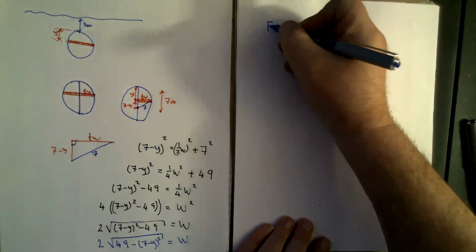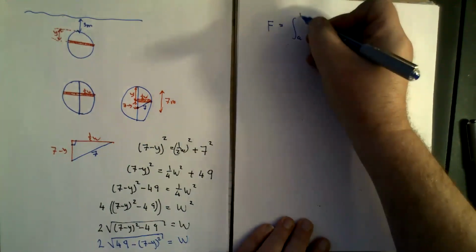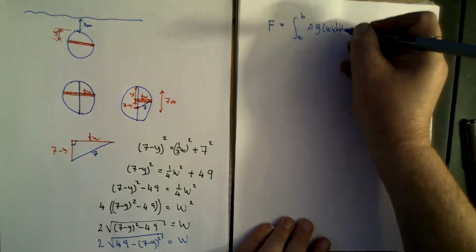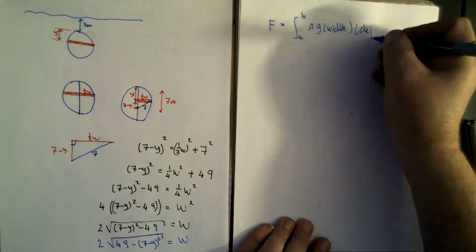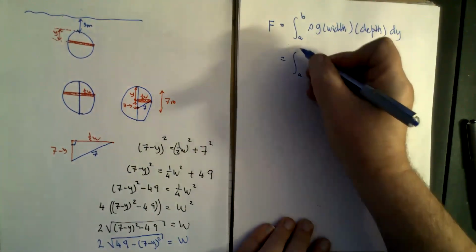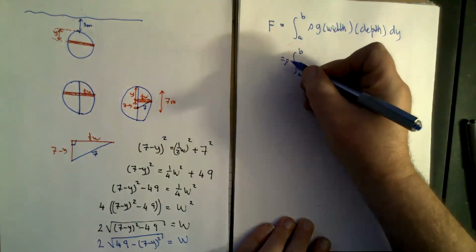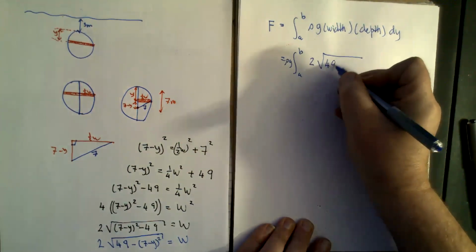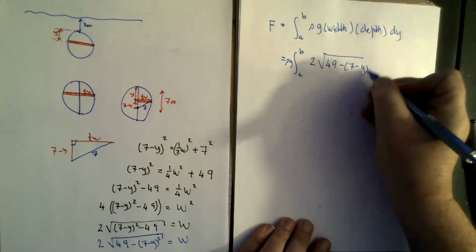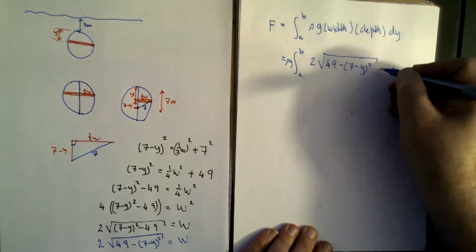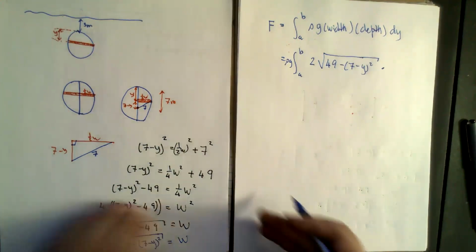So the hydrostatic force then is integral from A to B, rho times gravity times width times depth dy. I'll just keep this as A and B right now. And I'm going to pull out the rho and the g. The width is 2 times the square root of 49 take away 7 take away y squared, which is okay, it's not great. And then we have to figure out what the depth is. And that's